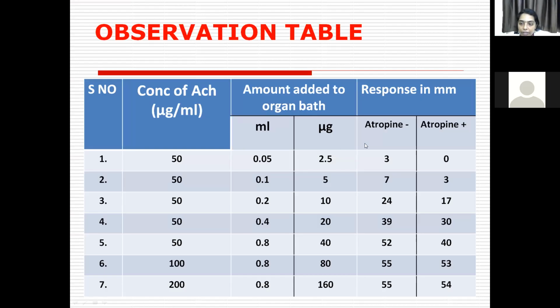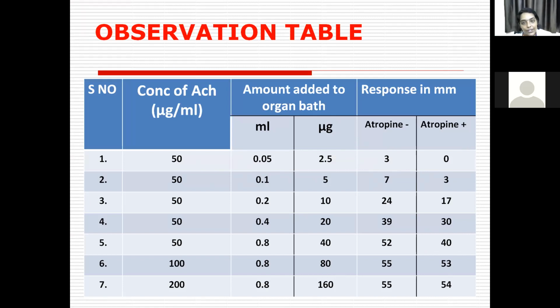See, you plotted the responses in the presence of atropine here. Okay. So now what is this column? I will explain it to you now. So till now we have seen that taking this ml of solution has produced this response in the absence of atropine, and this particular response is in the presence of atropine. So till now you have plotted the normal dose response curve.